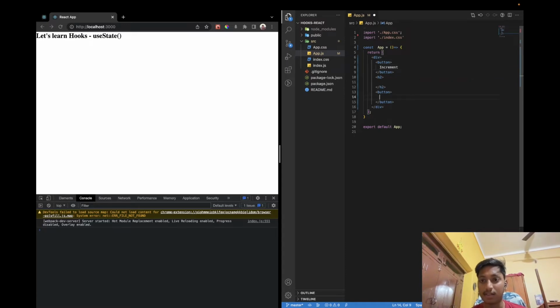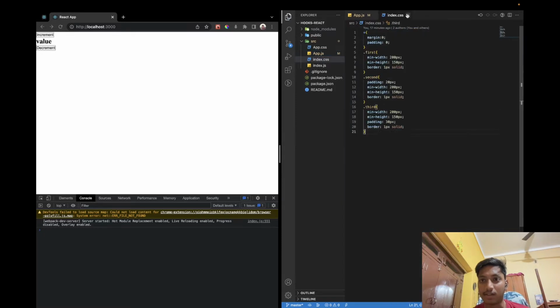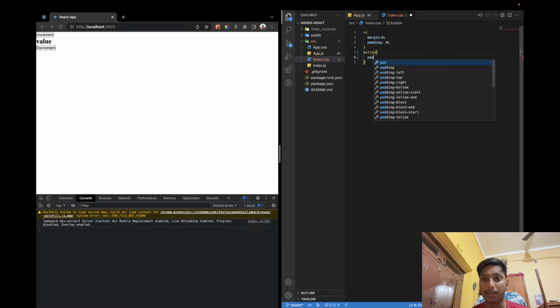In the second one, let us write decrement, and in the h2 tag, let us write value only. Okay, if we save the file, you see we have this increment. Let us add a little bit of styling so that it will look better. Let's remove these things, and I give the buttons a padding,